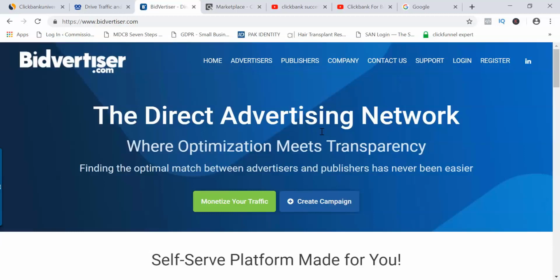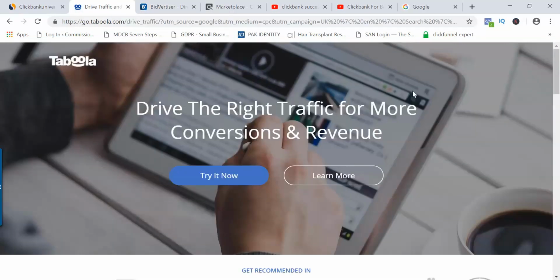Bidvertiser.com is a very, very good network. You could get started today with Bidvertiser. If you just go to bidvertiser.com. There's another traffic network that you could use, and this is taking the internet by storm. You might want to check this out. It's called